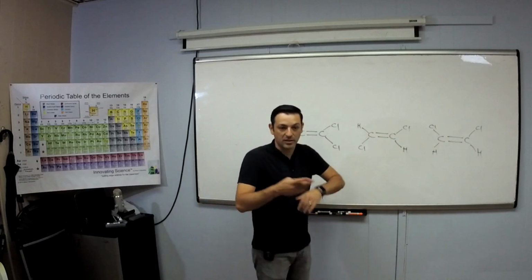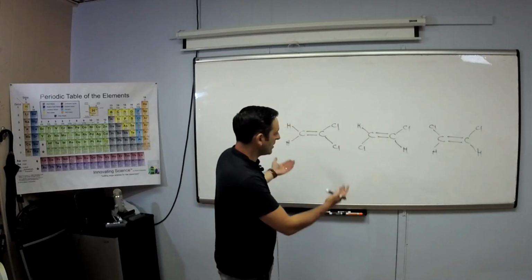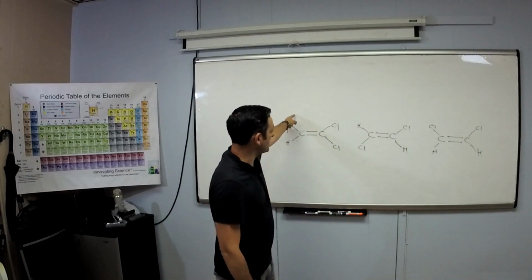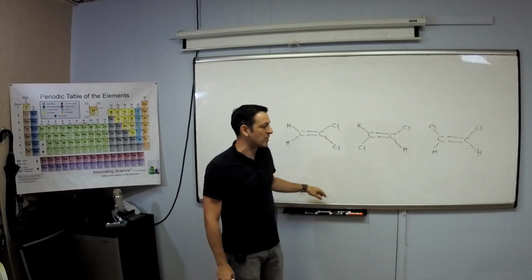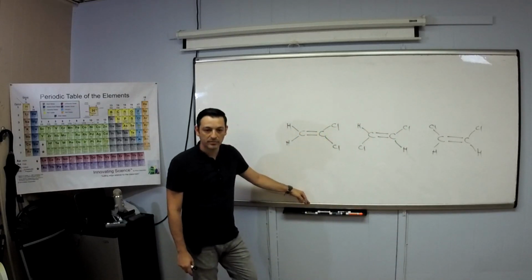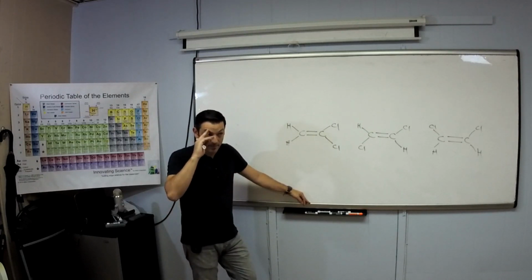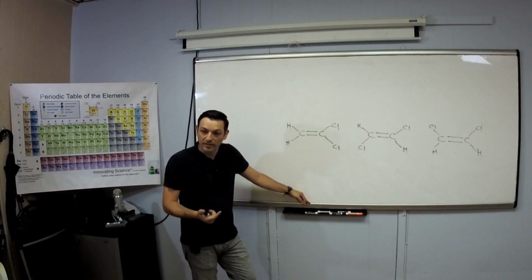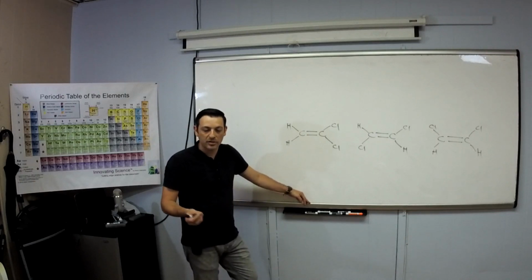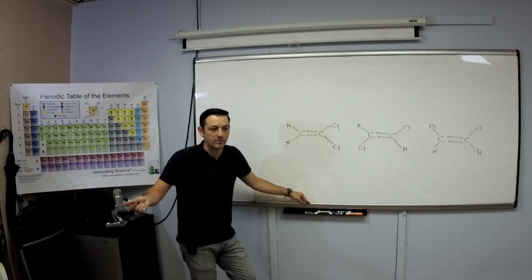It could be about resonance. It could be about a bunch of things. You see these three molecules, it writes A, B, and C, and the question says, which one of these is most soluble in water? Because this is the topic of the day right now, and we spent a lot of time on it, maybe you would figure out what I'm trying to say. But you get to an exam, you're like, soluble in water, and you start panicking, because that's how strong you need to know these things. So you think soluble in water, water is polar, which is more